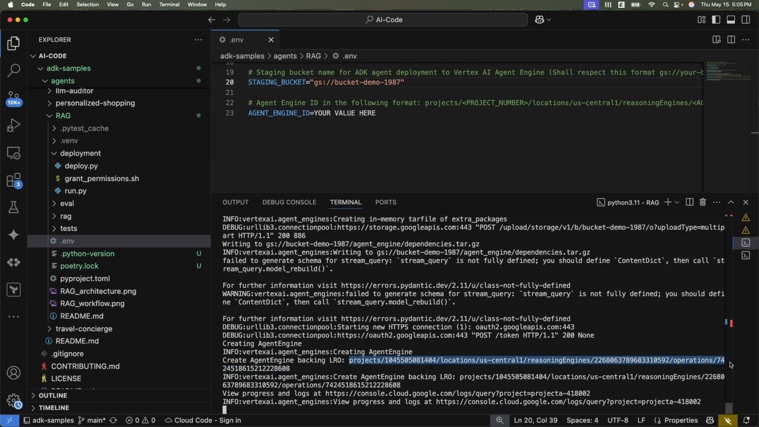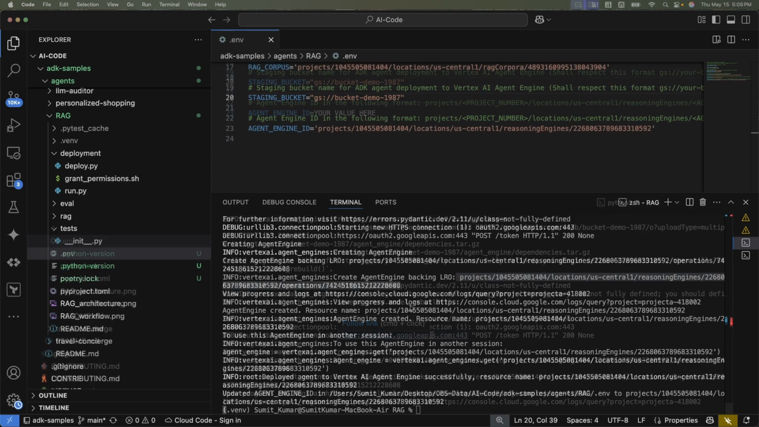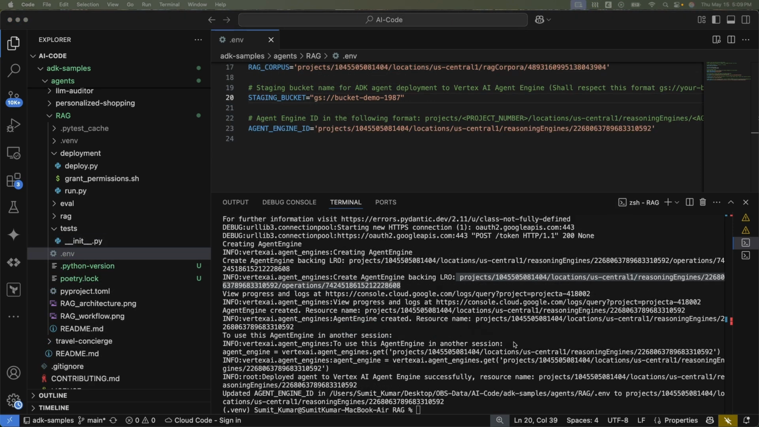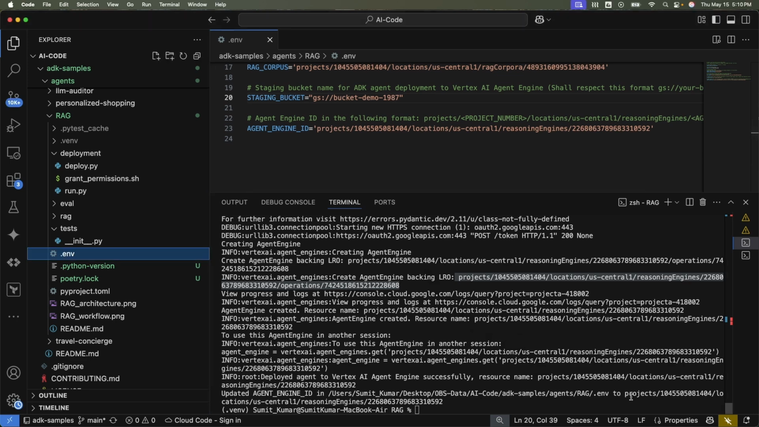So you just copy this particular one. Not that. So let's just wait for a few minutes. Generally it takes 5 to 7 minutes. So after 10 minutes, I can see that my agent has been deployed successfully, and here you can see that this is my agent engine ID. So you can see it from here. The agent was deployed to Vertex AI agent engine successfully, and also if you notice the environment variable, if you just look at it,